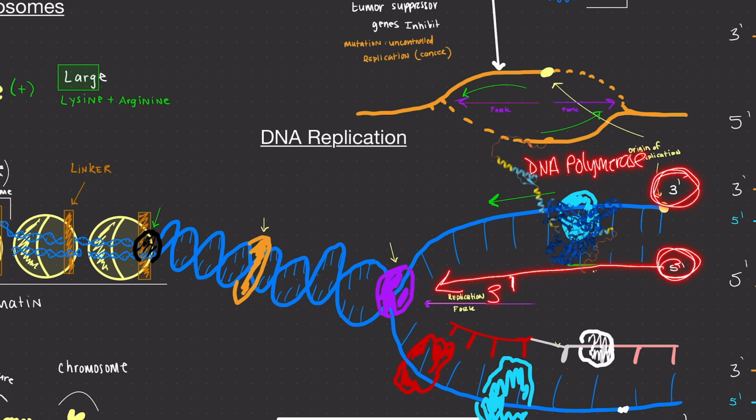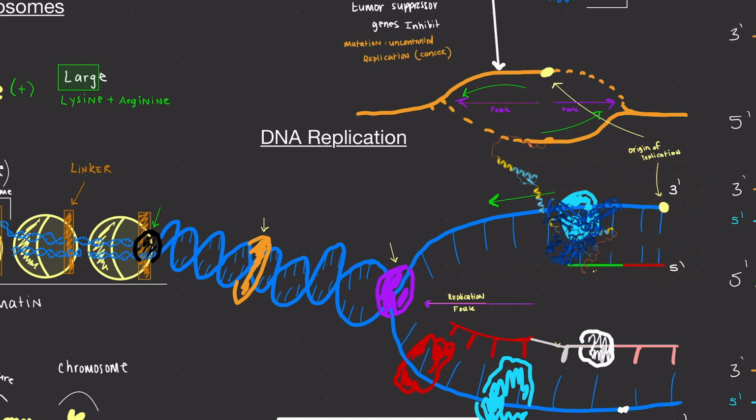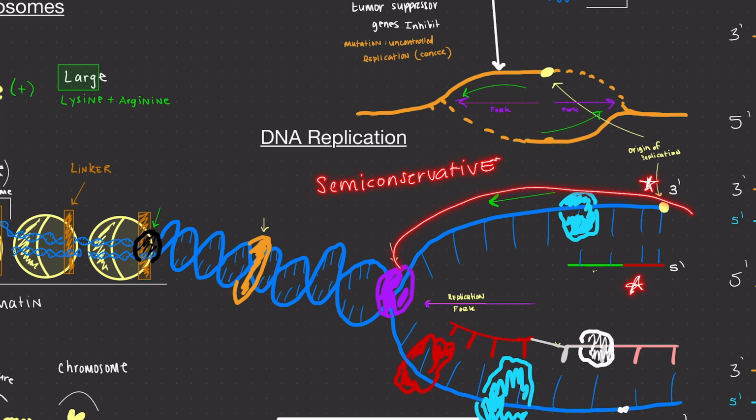And this guy adds the nucleotides during DNA replication. So remember, we synthesized them, whether through de novo synthesis or through the salvage pathway, and DNA polymerase adds them to the DNA strand that has been forked. And this is a semi-conservative approach, because we have one strand that is part of the original DNA helix and a new strand that is going to allow for a new double helix to form. Additionally,